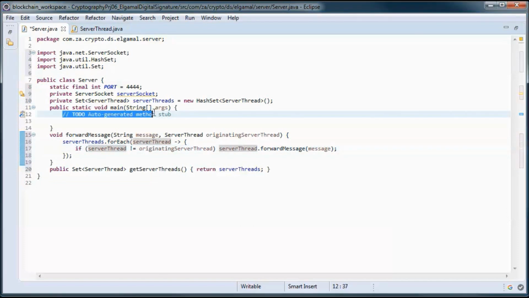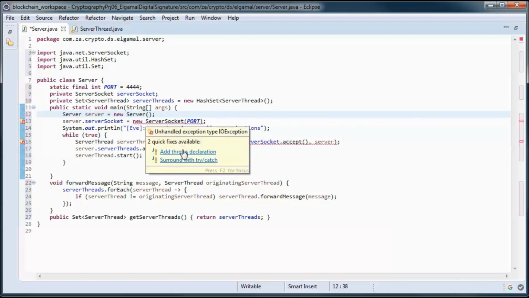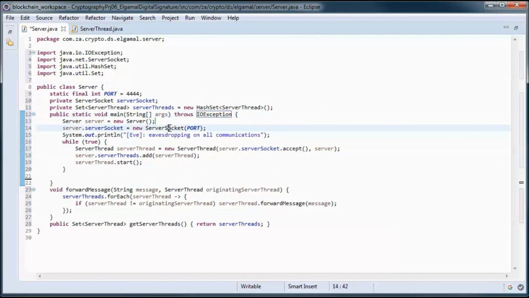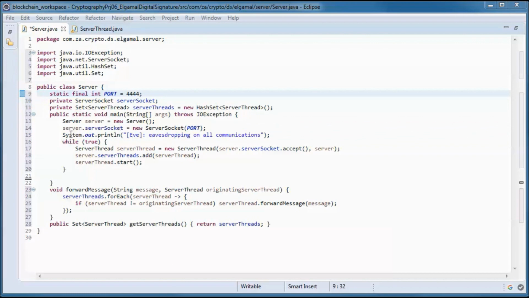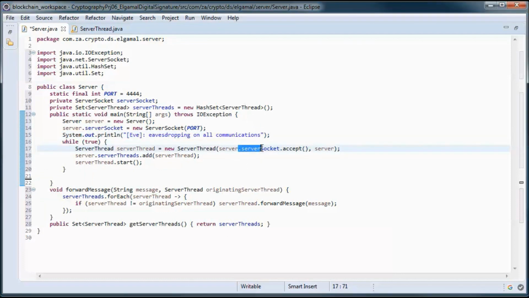And in main we will instantiate a server instance and a server socket instance, passing in this port number. And Eve indicates that she can see all communications, and when a connection comes in from a client we accept it.